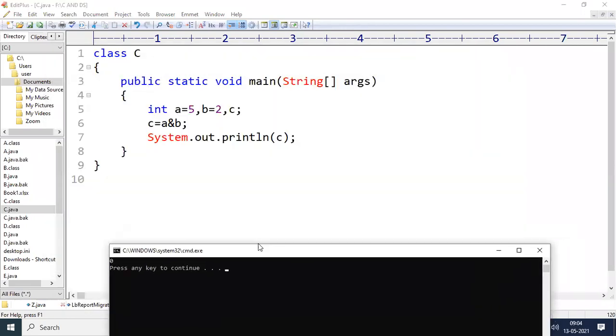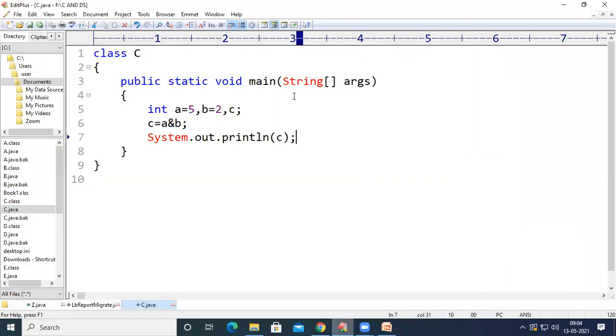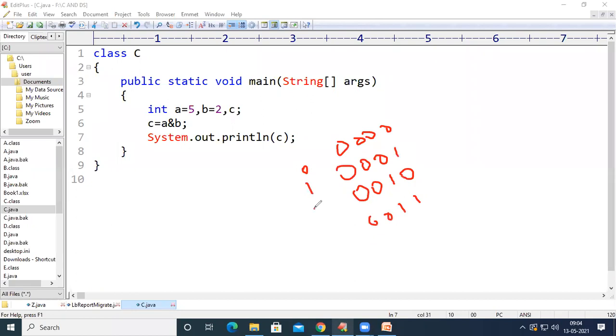I'm sorry, just a second. 0 will be represented with 4 zeros, and then 0001, and then 0010, 0011. So 0, 1, 2, 3, and 4 will be represented as 0100, and 5 will be represented as 0101.